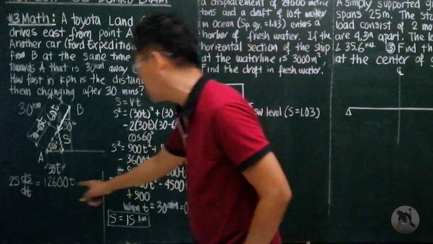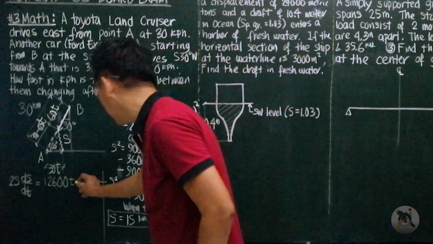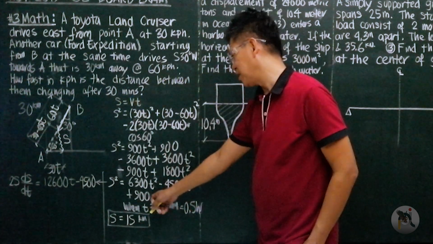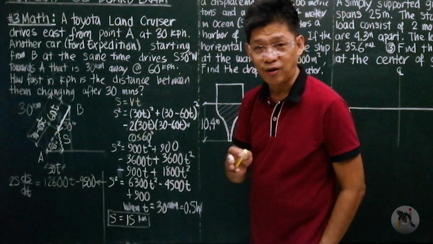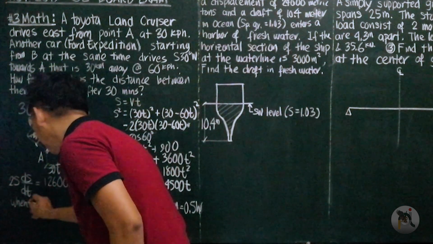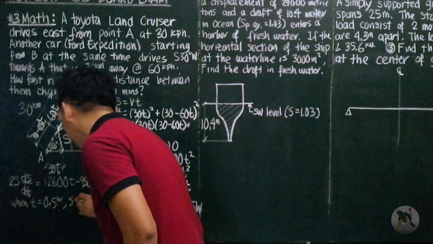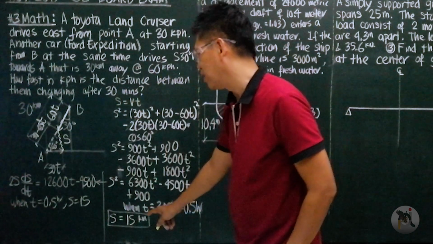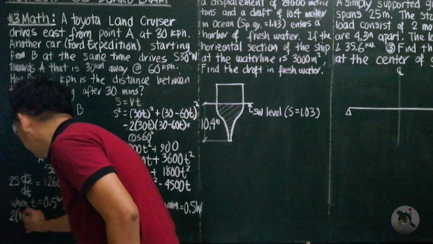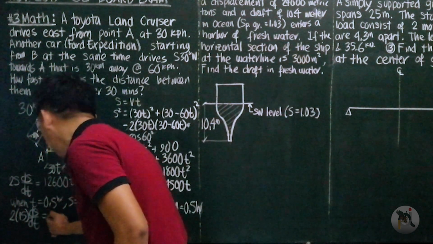Derivative of time with respect to time is 1. Minus derivative of this is 4500. Derivative of 900 is 0. Now, when t is equal to 0.5 hour, our s is 15 kilometers. You substitute here, this is 2 times 15 ds dt is equal to